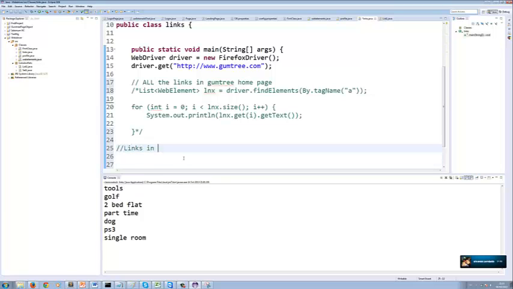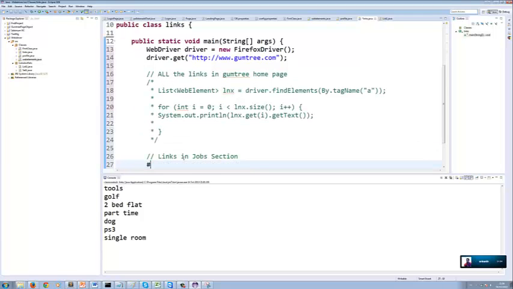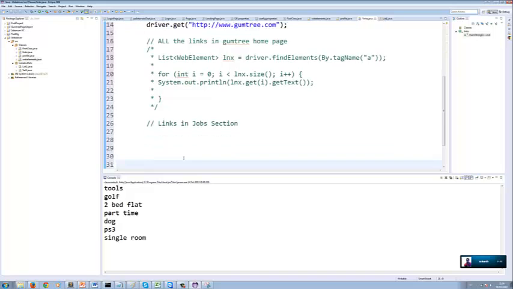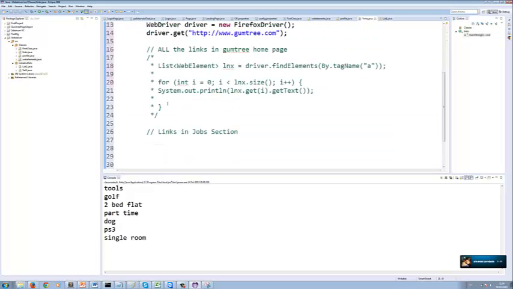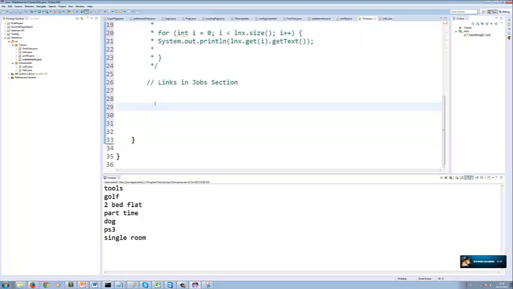Links in the jobs section. So first what we need? The jobs section, isn't it? So how do we get the jobs section? We should create a WebElement, what do we call it? Jobs